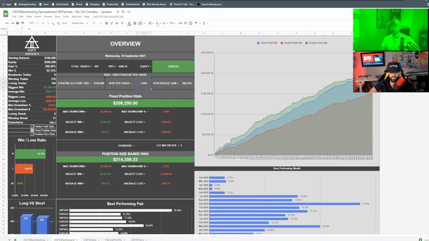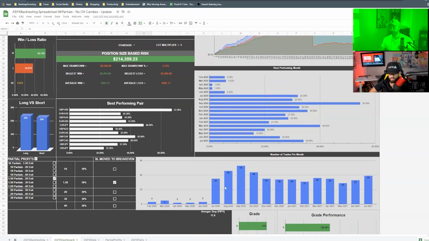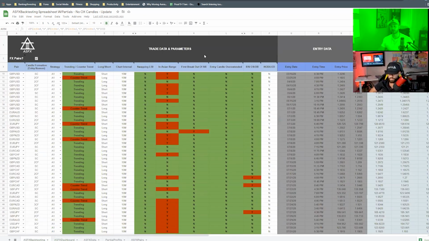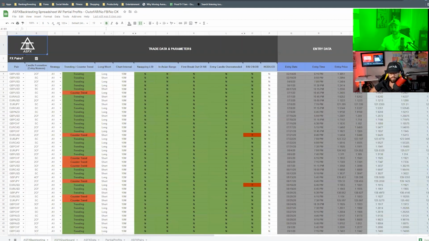Nice. Overall, this is still too many trades within a year. You are still taking up to 46, 53, 44 trades a month, which means you need to be more selective. You need a stricter approach to what trades you are taking. So this brings me to what I have done with my trading and my data going forward. That is, all trades that are out of the Asia range, all trades that aren't the first break of the Asia range. If we have an A1 formation and it breaks out of the Asia range on the entry candle, I've gotten rid of all that data, and no overextended candles.